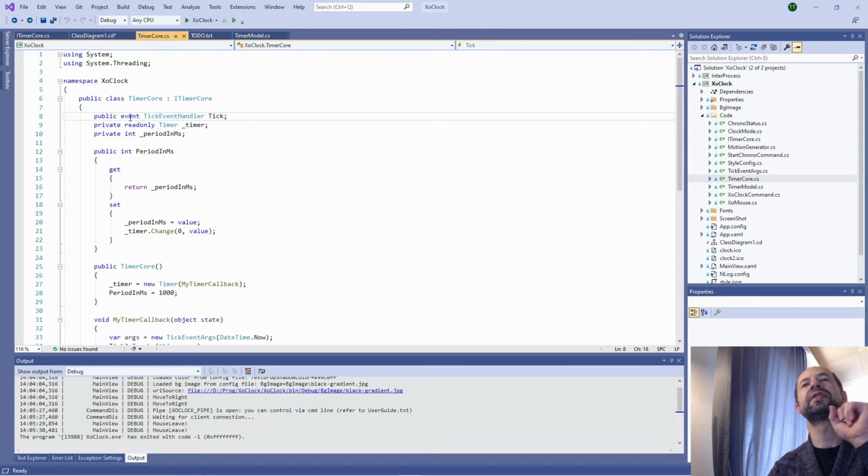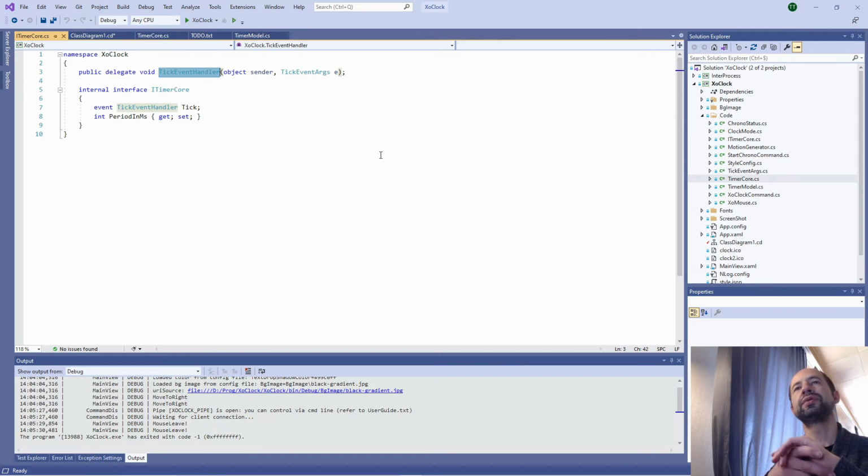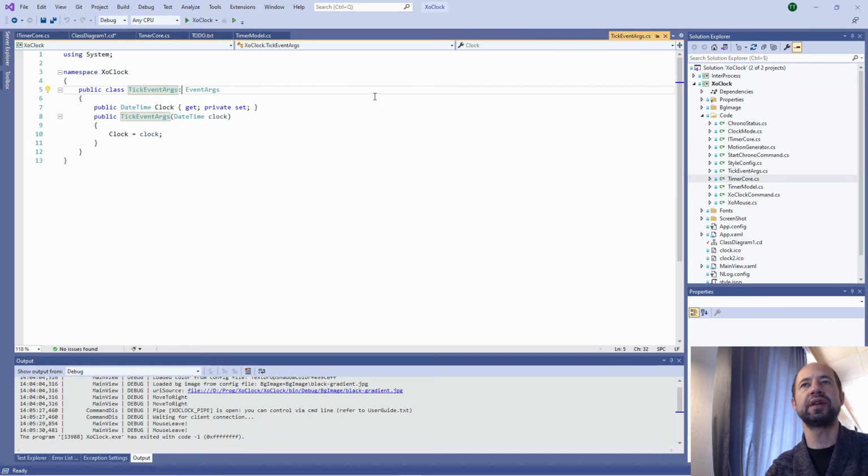We are declaring an event like this, and here we see a little issue. The delegate might not be needed because tick event args is implementing the event args, which is a convention for an event.